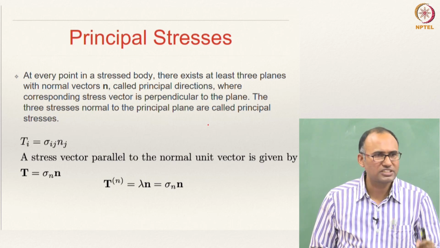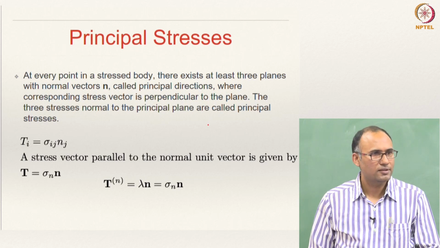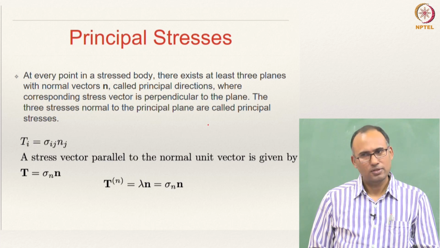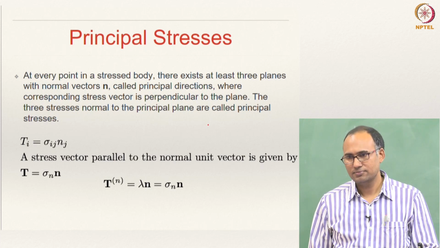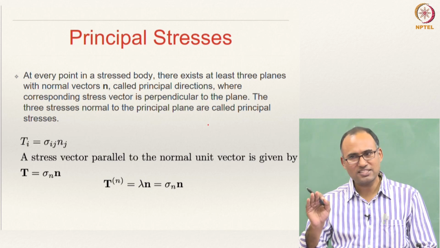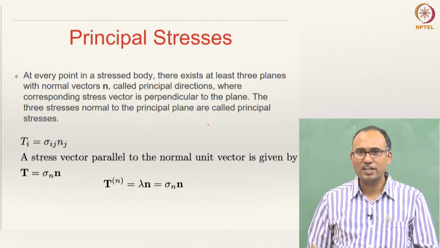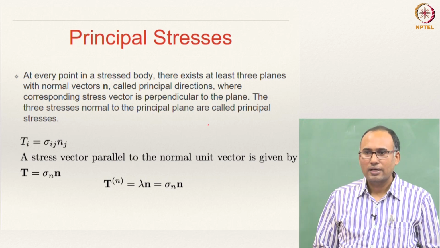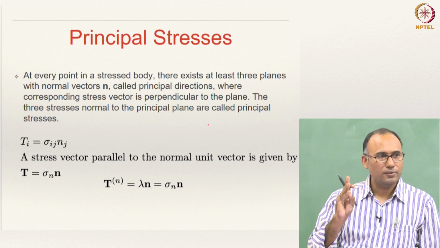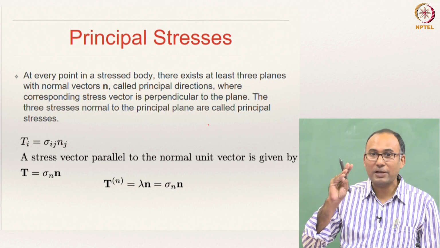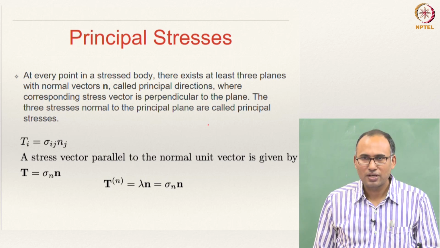We are talking about physical quantities. You must have studied up to vectors in your +2, right? What is a scalar? A physical quantity which has only magnitude. What is a vector? A physical quantity which has magnitude and direction. So, a second order tensor is a quantity which has magnitude, direction and plane of action. We will talk about it in a moment.